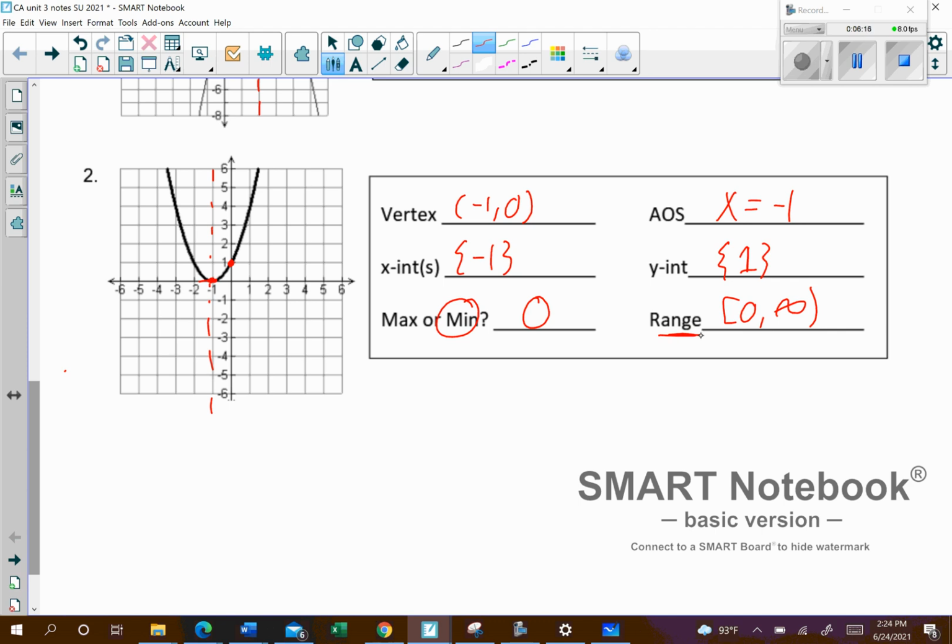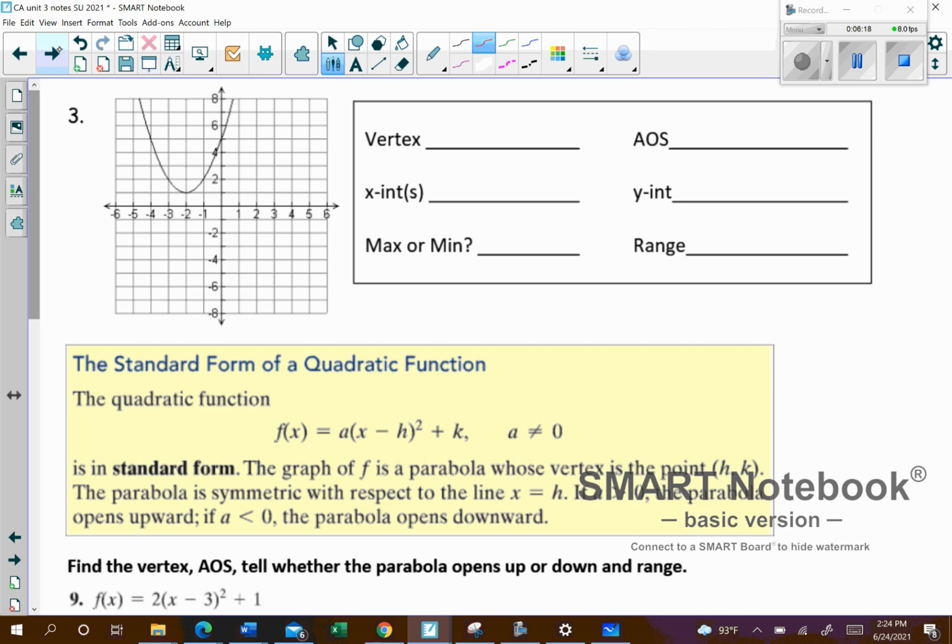I think I have one more example of this here. All right, so our vertex on this one is located at -2, up 1. Axis of symmetry will be x equals -2, just cutting right through there. X-intercepts, this time actually I have none. So that's possible also. Most of the time they have 2, sometimes they have 1, and sometimes they have none. And then we should always have a y-intercept though on these, and so that's going to be at